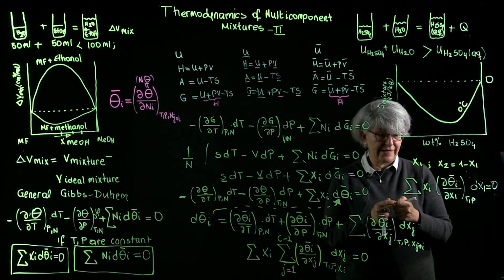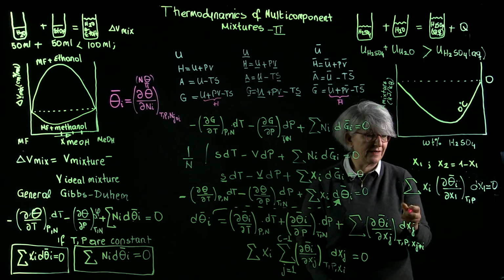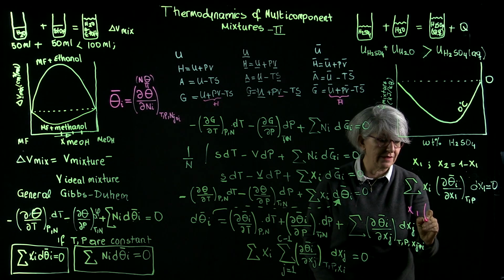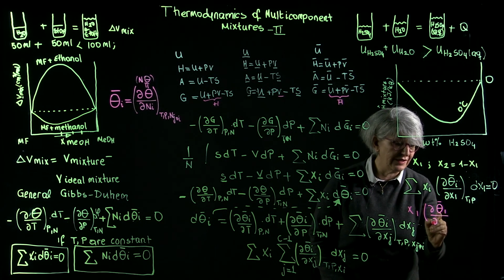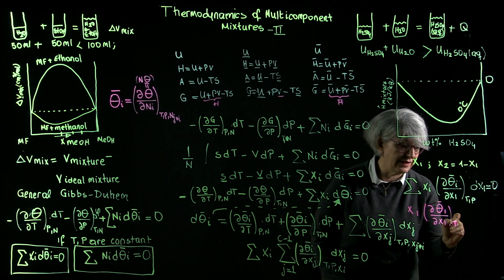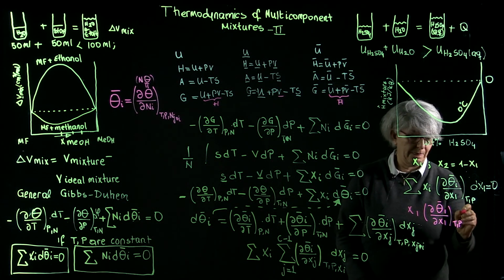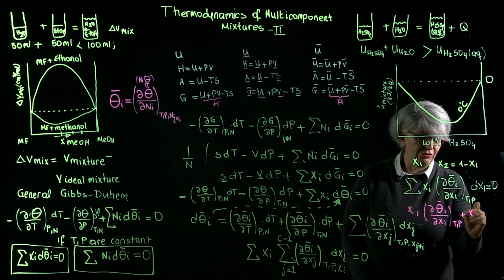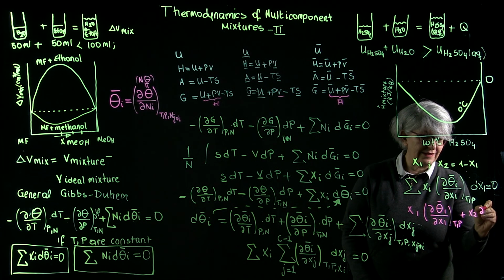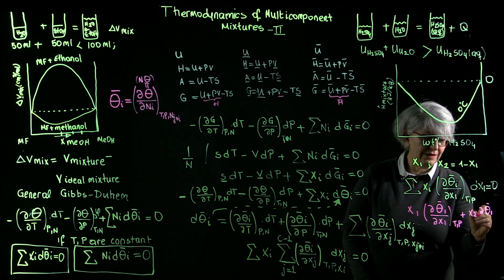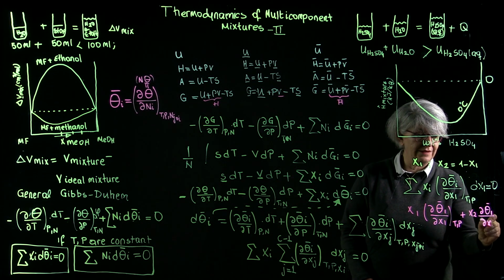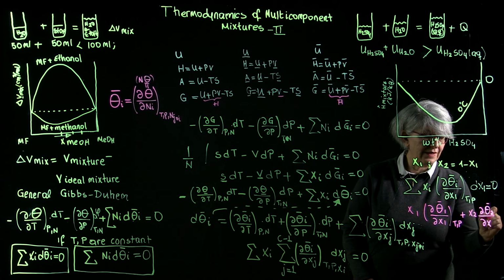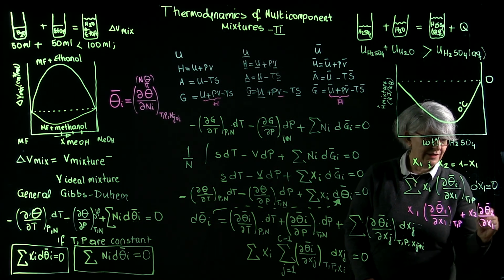So when we expand this, we get x1 del θ1 over del x1 at T, P plus x2 del θ2 over del x1 at T, P to be equal to